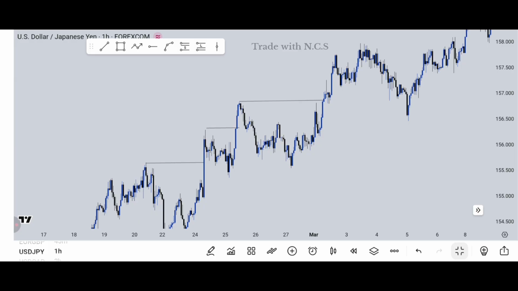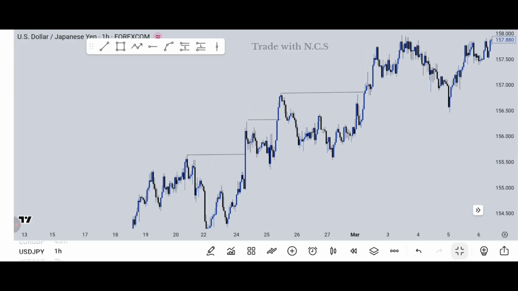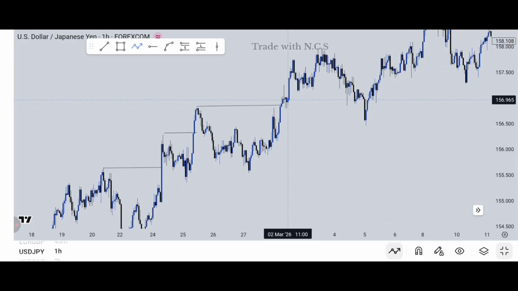Why? Sometimes you might see a single break of structure. Like look at this region now. See this single break of structure, and you feel like this is a protected low. The market should not violate here, if not, the market is reversing or it has shifted structure. But the market will end up violating this place, and you now come here and start looking for sells while price is still in an uptrend. And what will now happen? Price will come, act like it's respecting your zone, and then take you out.